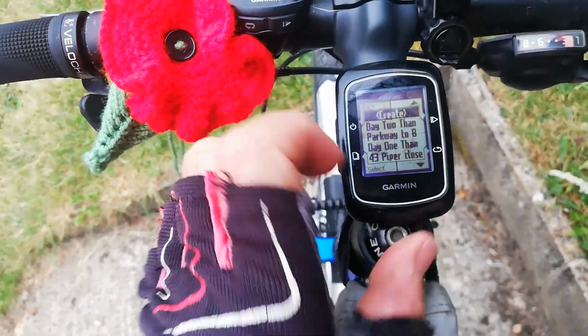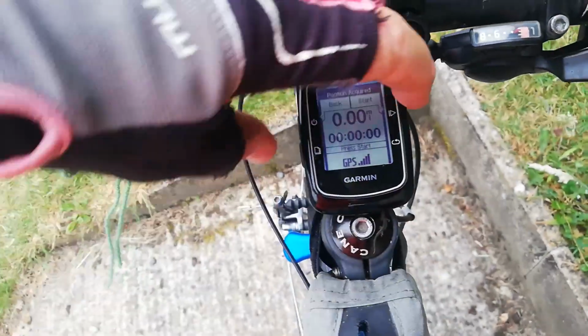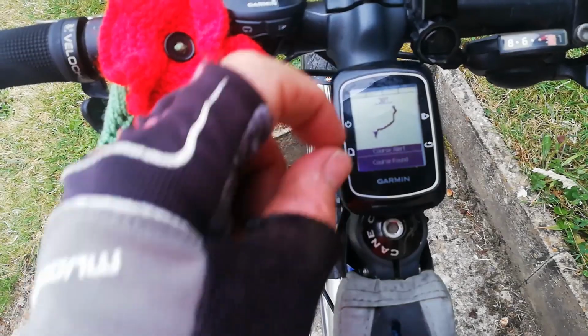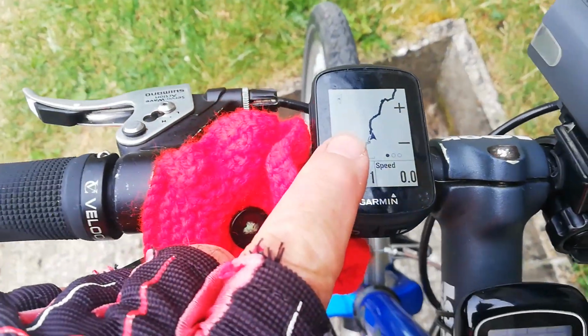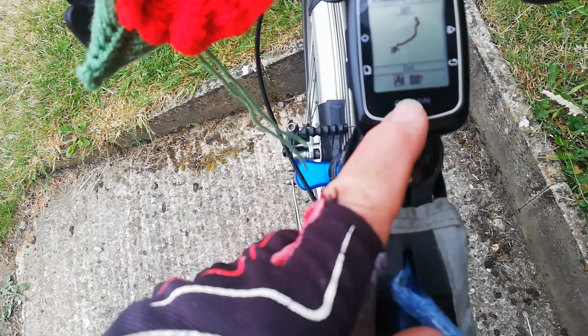And then I can go courses, day two, select, start. It tells me I'll go back there. Again, once I'm moving, that will minimise and it'll turn into a track the same as that. And then that course is 88 miles I think, so I'm going to do a couple of miles and look